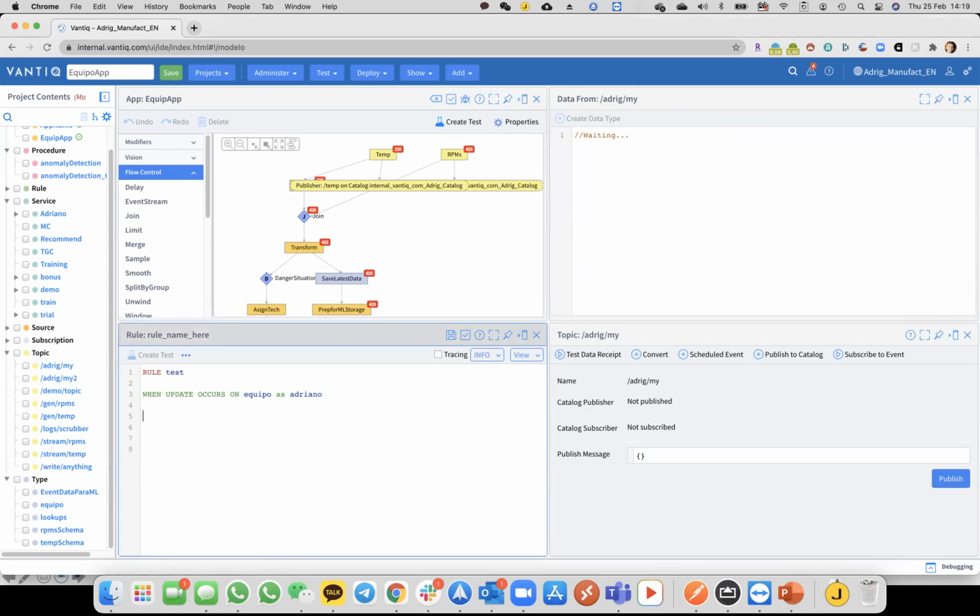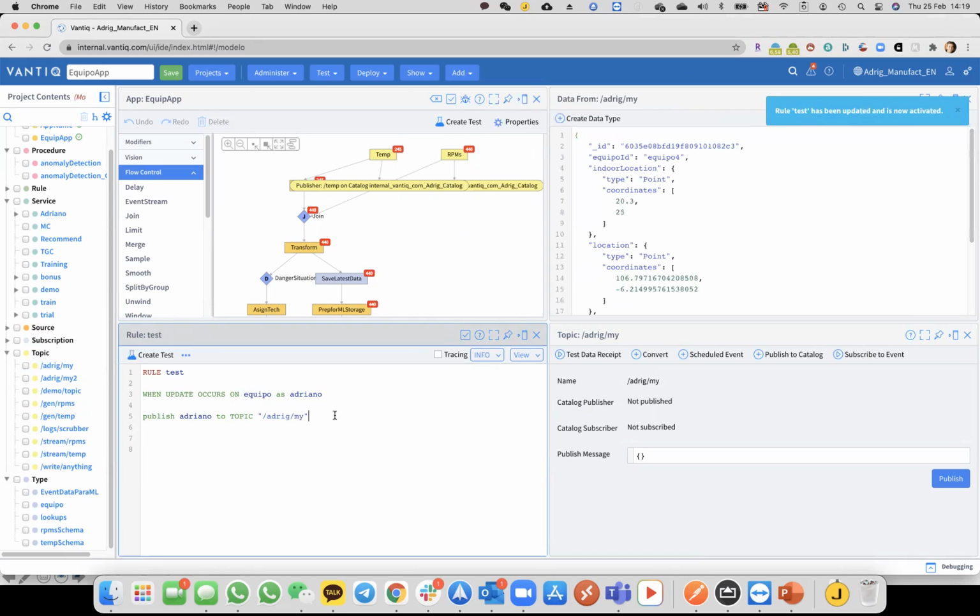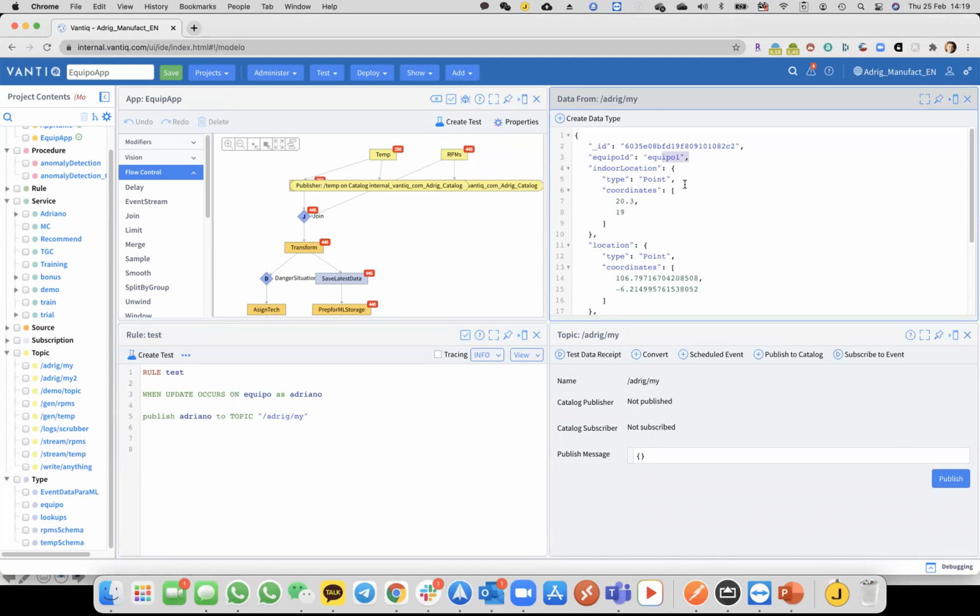I'm gonna publish Adriano to topic Adrig slash my. So I'm gonna save. So now you see it's already being published something. I can take a look. Here you're gonna see like 1, 2, 3, 4, 5 because it's publishing all the 5 events that are